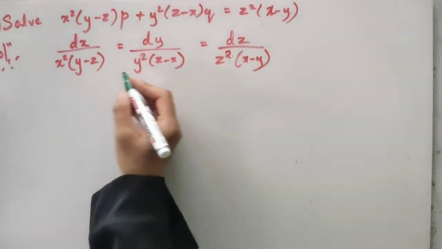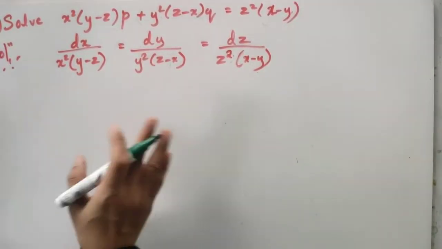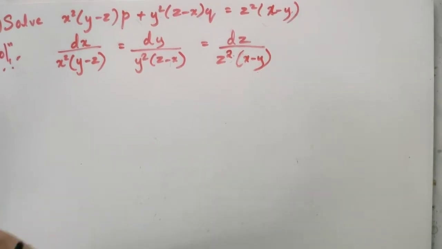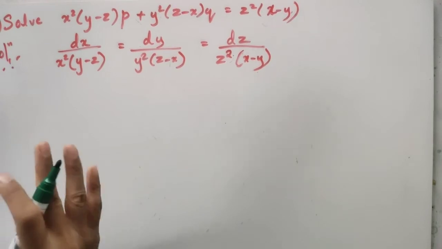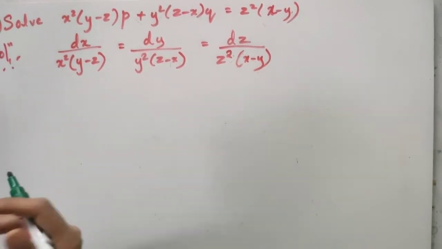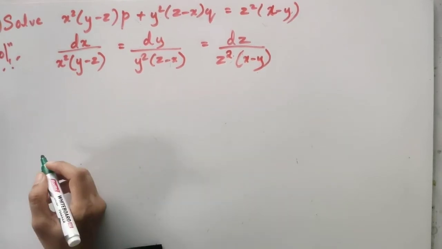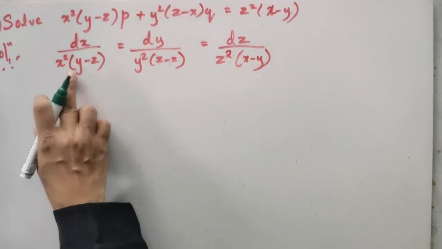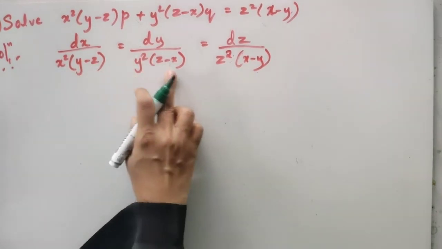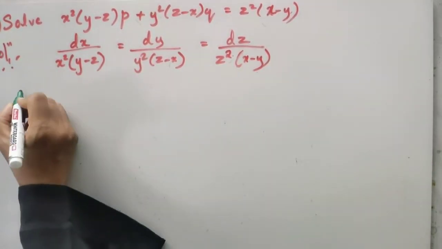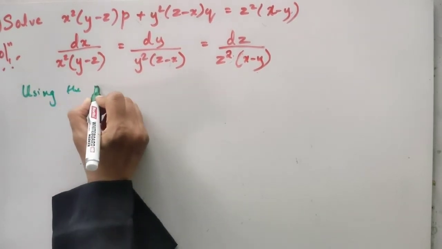Okay. Now you see, if I equate the first two or the last two or the first and the last, we are unable to separate the variables or simplify and separate all the things. It's not possible for us to simplify. So directly we have to go for the multipliers. So let's see what multipliers we can use here. If I just take x square is extra over here, so if I take 1x over here, you see the combination. So I am directly using the multipliers.